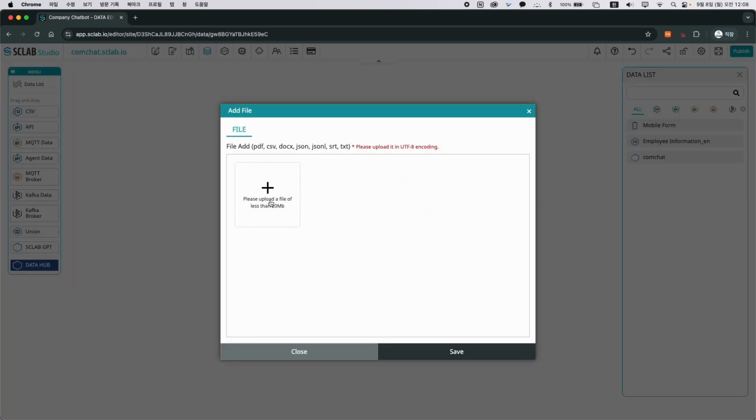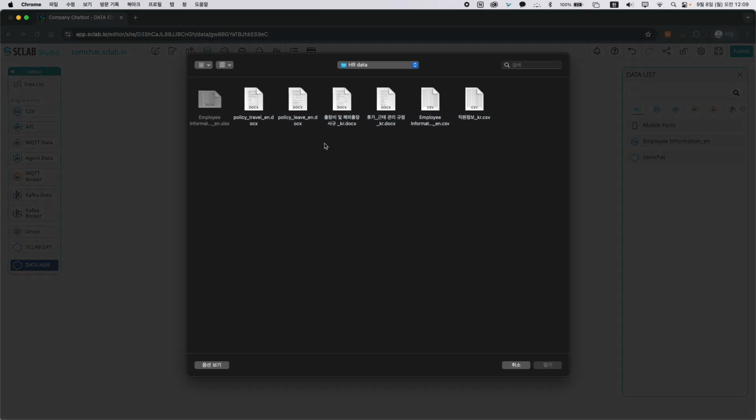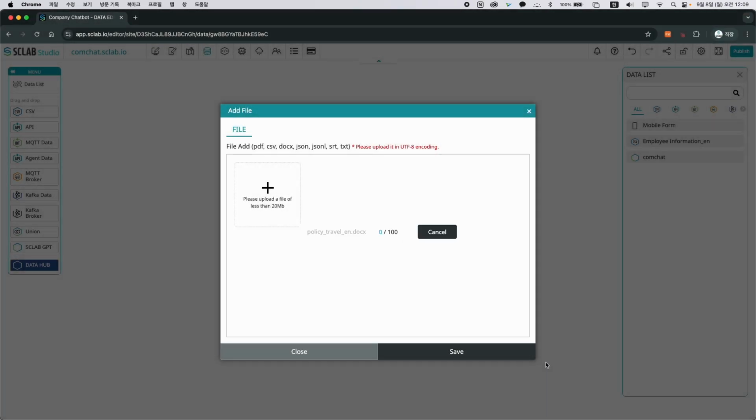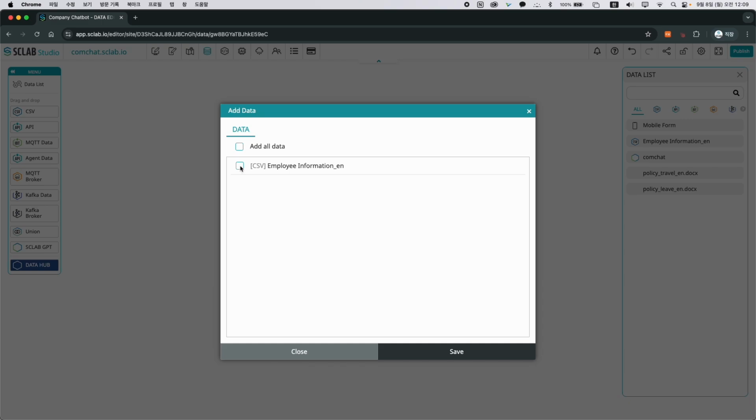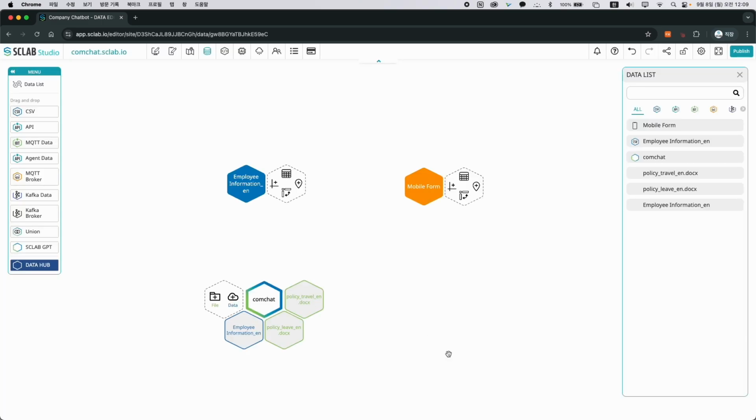In the GPT hexagon, click Files and use the plus button to upload your policy Word files and embed them. Embedding converts words and sentences into numeric vectors so the system can understand and compare meaning. Click Data, select the CSV you just uploaded, and save. The CSV and policies are now linked, so the chatbot is ready to reference both policy and each person's attendance